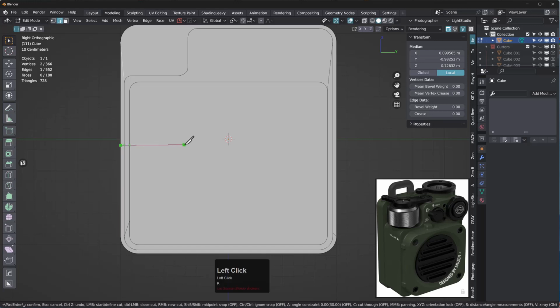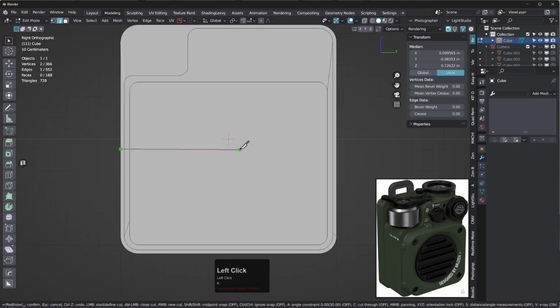Click once, press A to get a constraint on the y-axis, and then here it snapped again on this edge. Press again the left mouse, press escape, this was not the right one, again K,